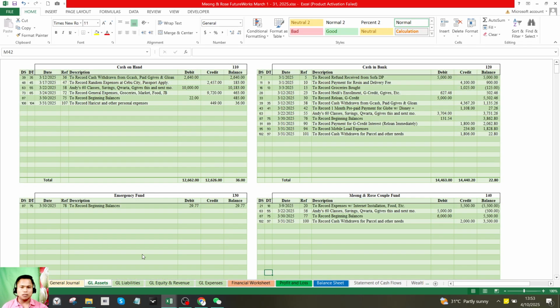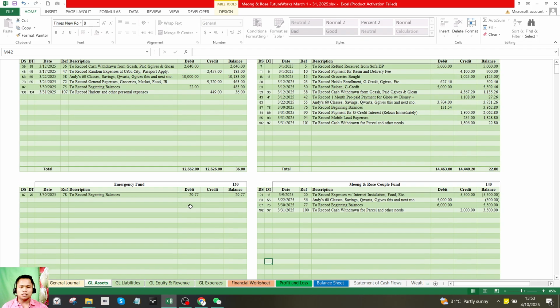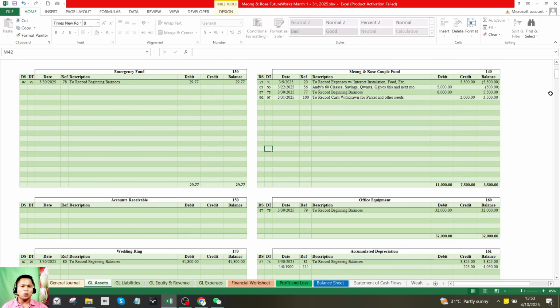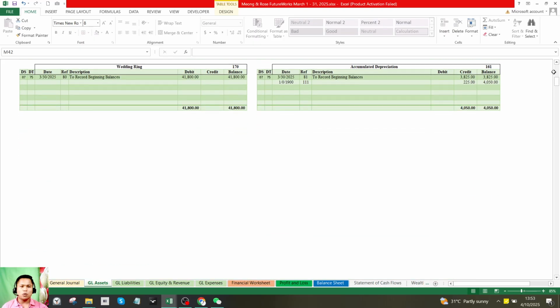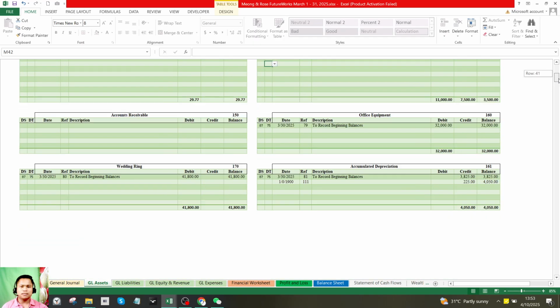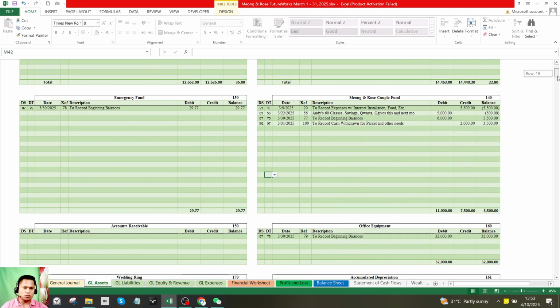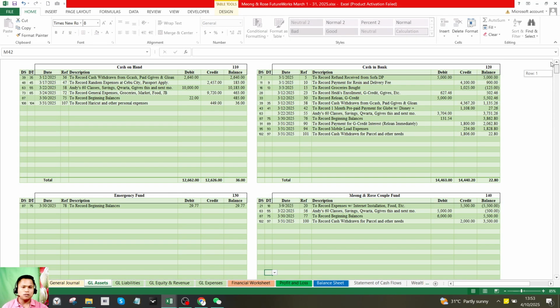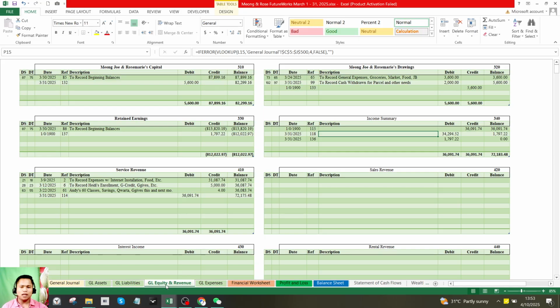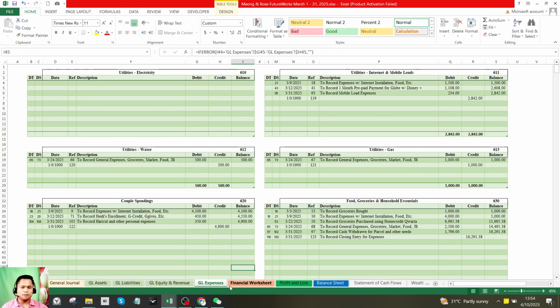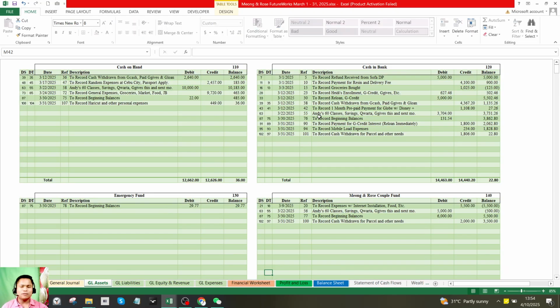Next, we have the general ledger, assets. In the past, I used only one sheet to write all the general ledger tables. But then over the years, I found it so difficult to scroll down and up, down and up. So I divided them into 4 sections, which are general ledger assets, liabilities, equity and revenue, and expenses. So what we can see here,